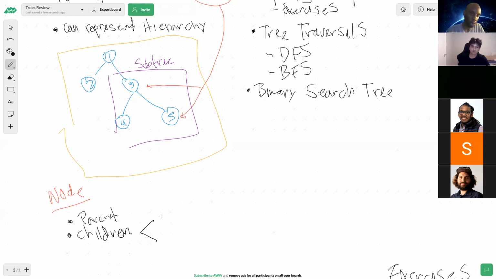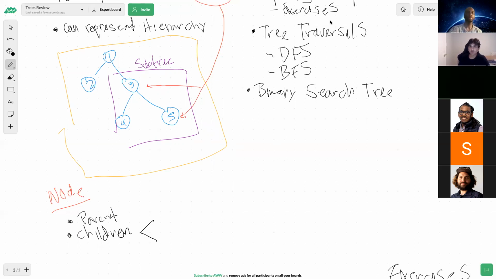So it would be 3. 3 will be the child of 1, and 4 and 5 will be the leaf nodes of 3. That's correct. But actually, I think I might have made a mistake here where I'm asking about a binary tree, but we haven't talked about those yet.